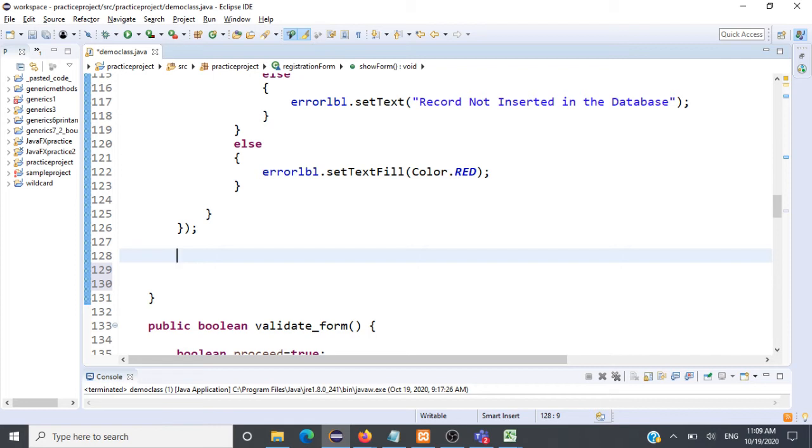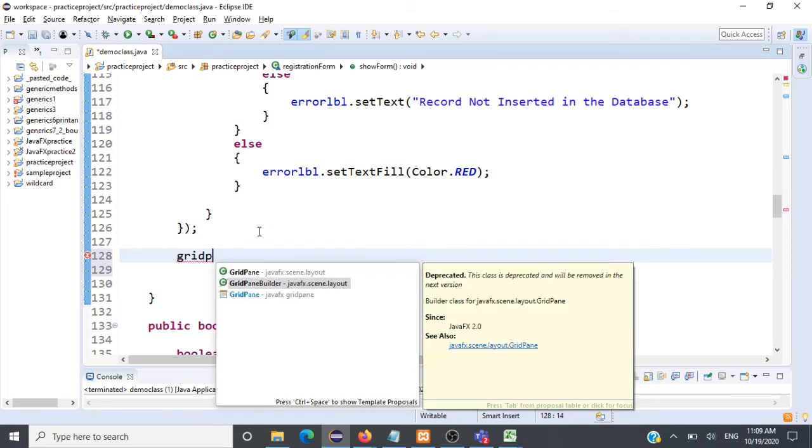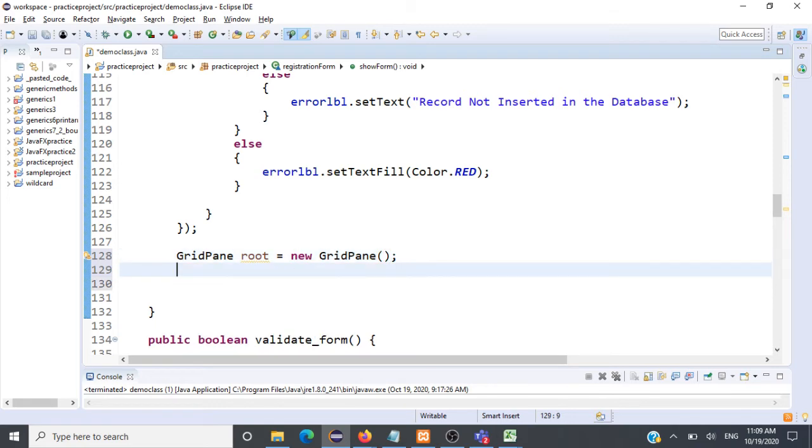So what I will do here is I will use maybe a vertical layout or a grid pane layout. Let's use a grid pane itself. It takes some time for a grid pane. That is, grid pane root is equal to new grid pane, and now we need to add all our items to our grid pane. That is root dot